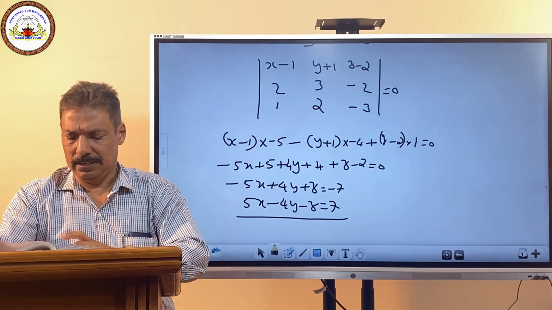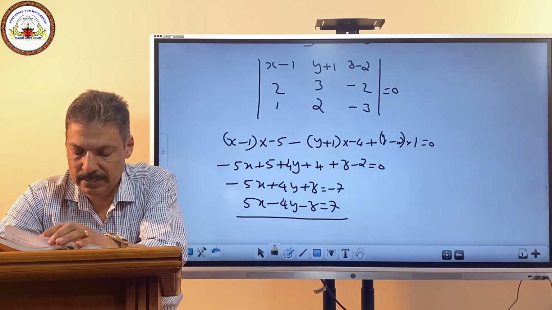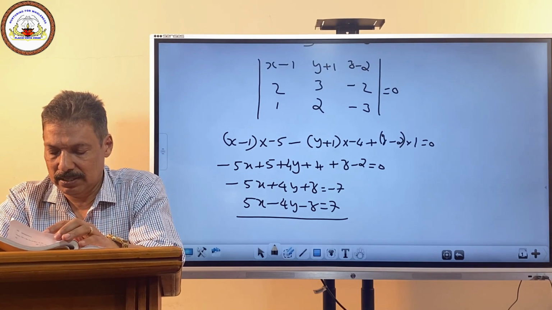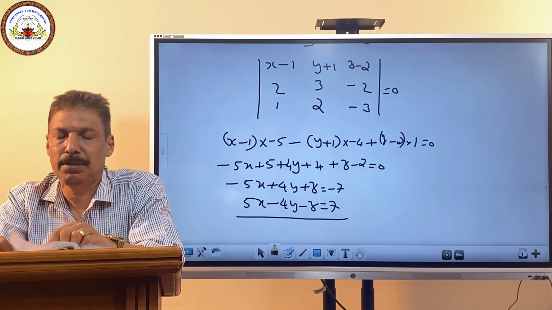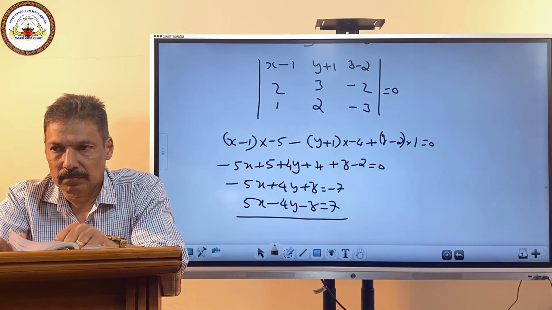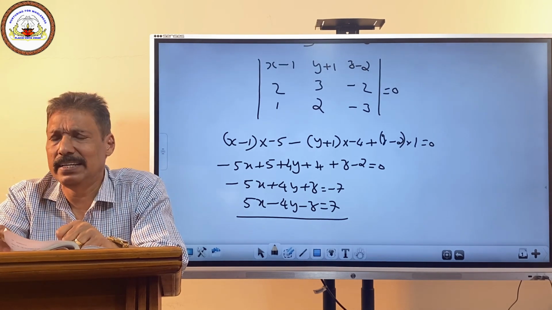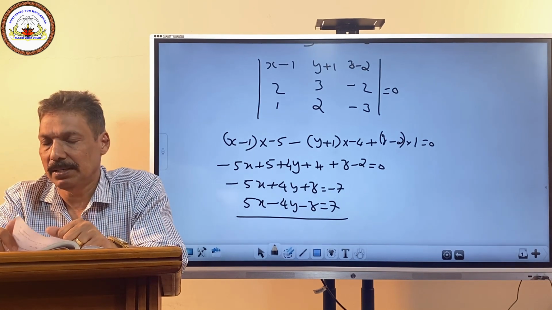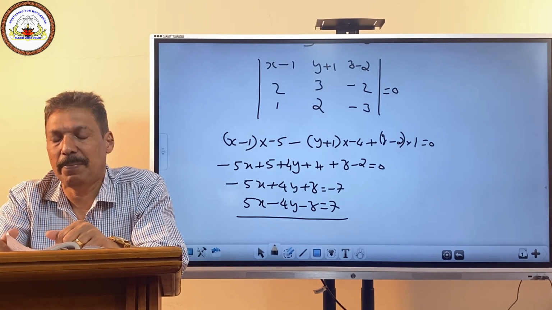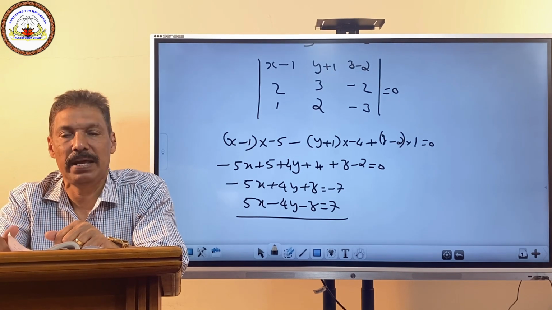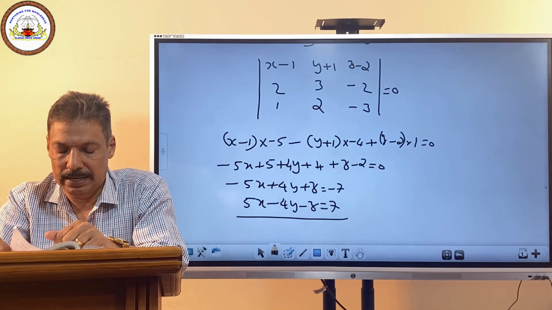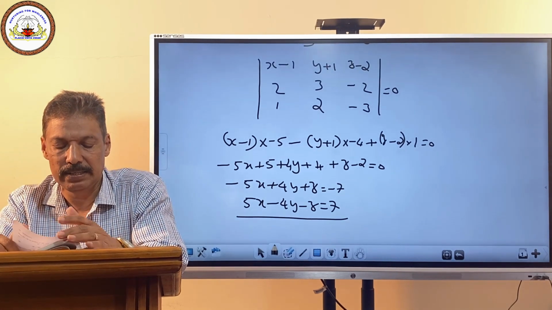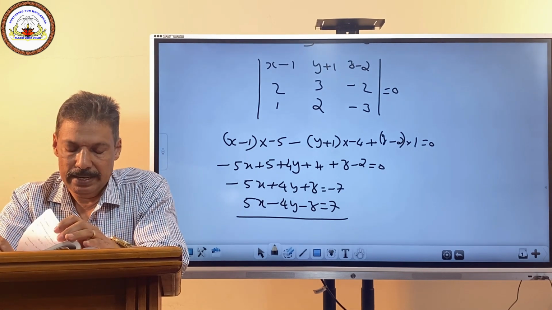Then another question, example number 28. Find the distance of the point from the plane determined by 3 points. One simple method is, first of all we derive the equation of the plane passing through the points A, B, C. Then you can find the perpendicular distance from P to that plane. That is one method. The second method, there is another easy method in our textbook, that is the projection.